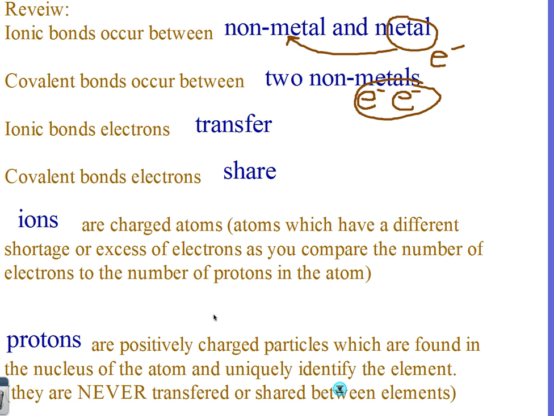All right, and then protons are our positively charged particles, and they're found in the nucleus of the atom. Those are the subatomic particles that uniquely identify every element. They are never transferred or shared between elements, and we have to be really careful about that. The only time we've ever discussed anything happening with the protons is when we had nuclear decay. Certain types of nuclear decay could change our element, but that was the whole point. If the number of protons changes, physically we have a different element than we started with. So you have to be